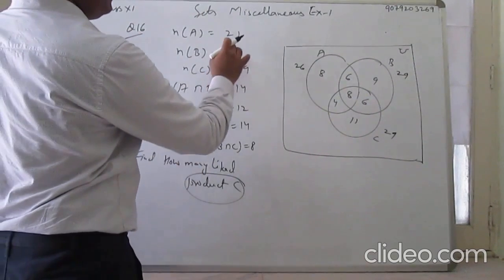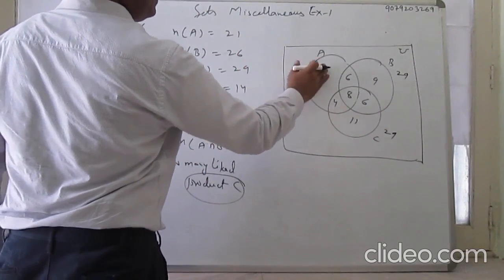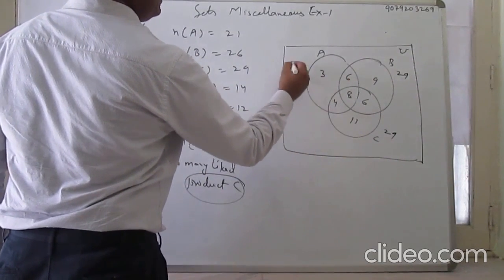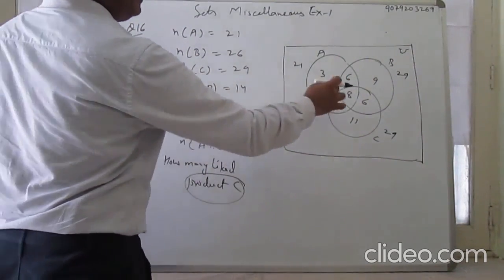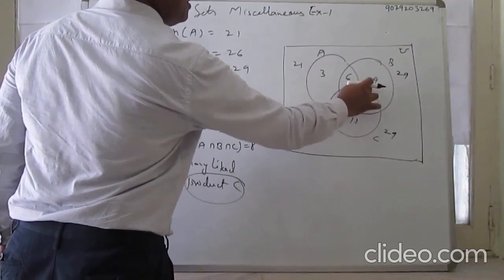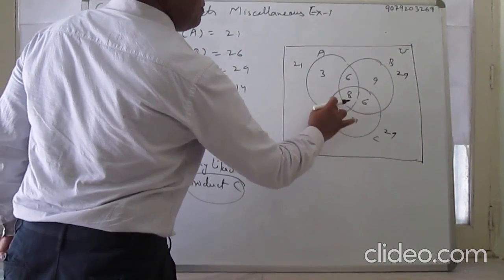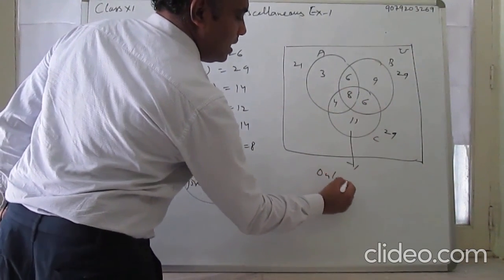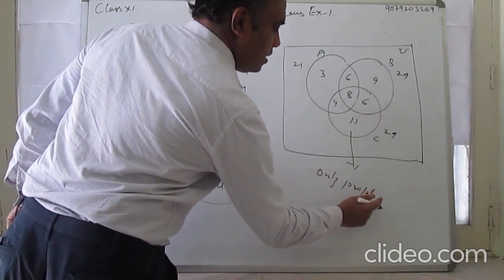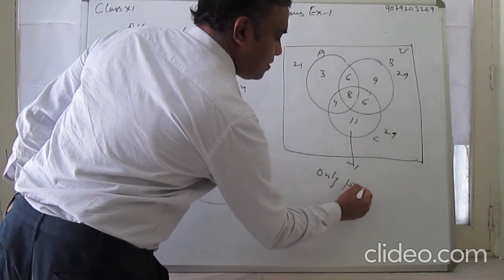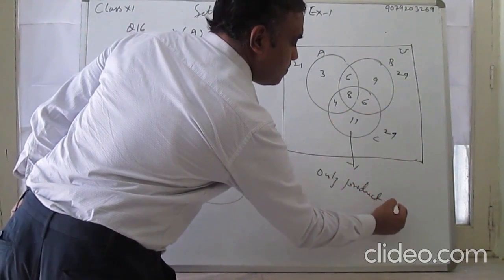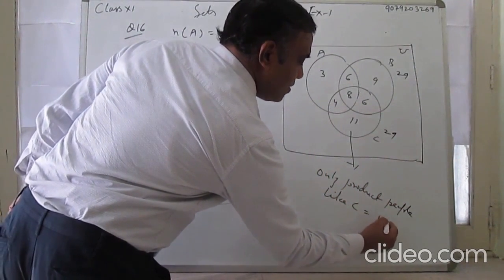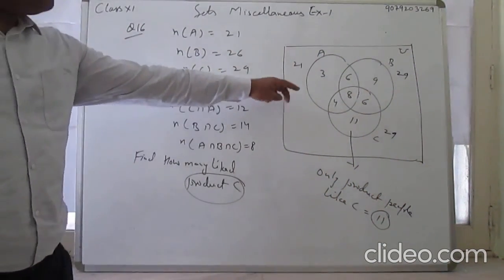A is 21, na? A is 21. So it is 10, 8, 3, only 3. It is 21. And C is 29. 10, 18, 29. So only like C, people who like only product C is equal to 11. 11 is the answer. अगर A पूछता है तो 3, B